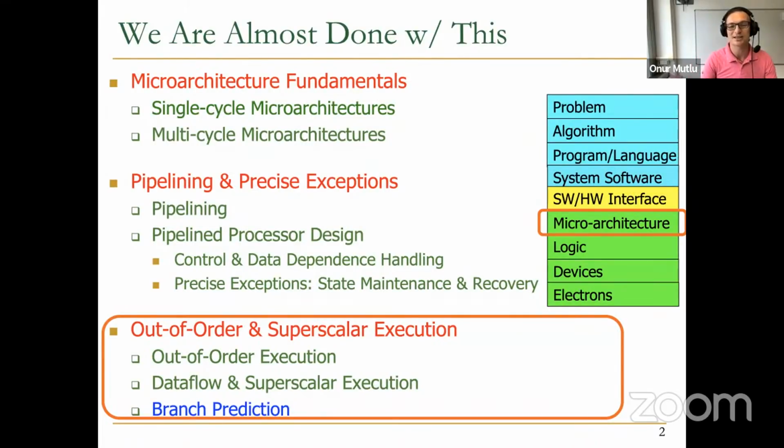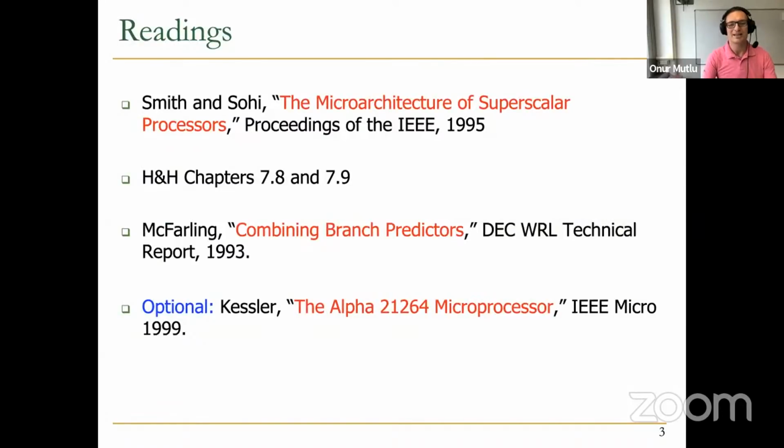Tomorrow, we're going to start talking about some alternative architectures like VLIW, systolic arrays. Systolic arrays are heavily employed in machine learning accelerators, for example. So it will be a different, let's say, set of classes that we will cover tomorrow until we get to the memory hierarchy. Okay, these are the readings, just to remind you. As I said, I'm going to cover a good chunk of this McFarling paper over here, which I would recommend